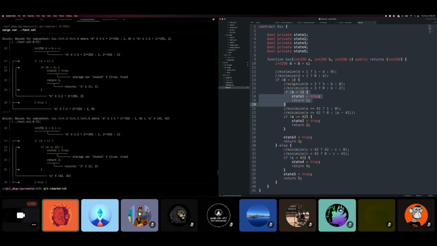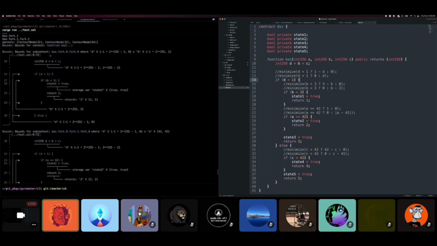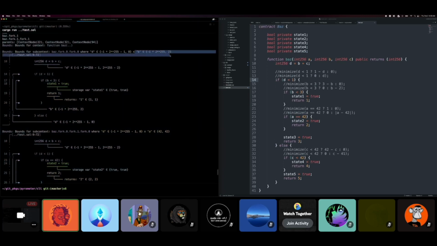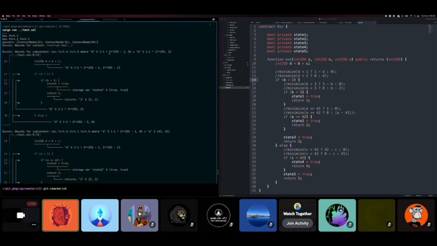And so when we run this, we can see here, okay, D is in the range -1. This is for where D is in this and B is in this range. So what that is, negative 2^56 max to 0, and where B is negative 2^56 to 2. And so we see here that if those are the case, where D is in that range and B is in that range, you will reach this state and write storage variable state 1 to true, and then